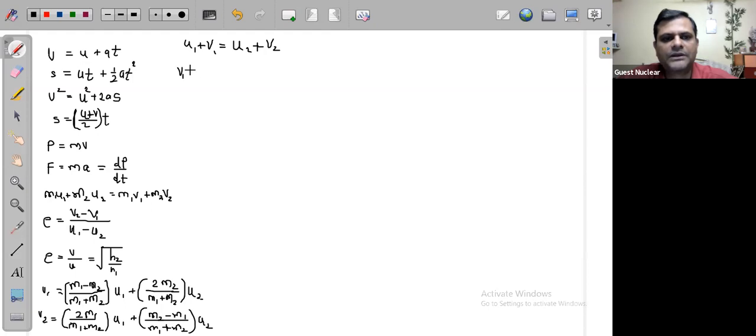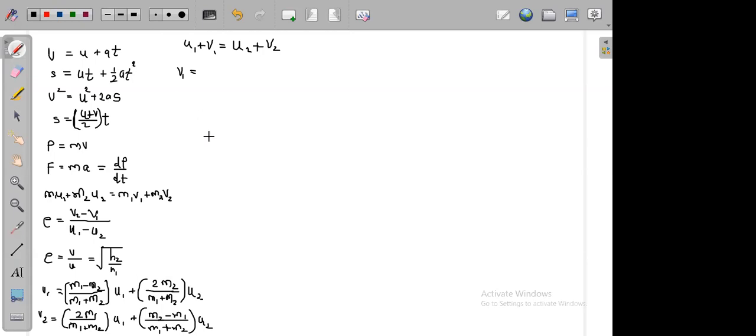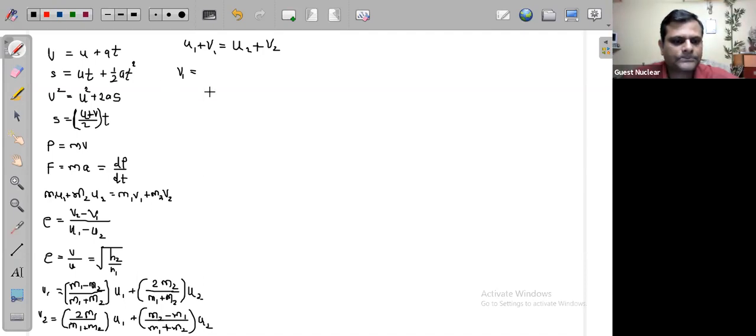Then again, in case of inelastic collision, we have formulae which are just memory-based. v1 can be written as actually equal to m1 minus e times m2, divided by m1 plus m2, into u1, and plus, in the second bracket it will be m2 into 1 plus e, again divided by m1 plus m2,